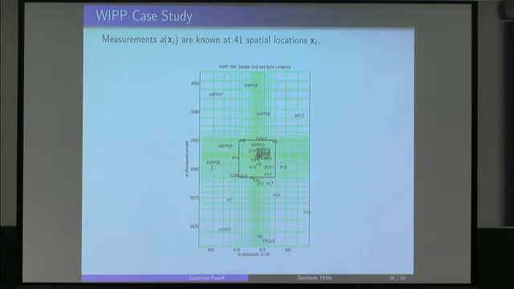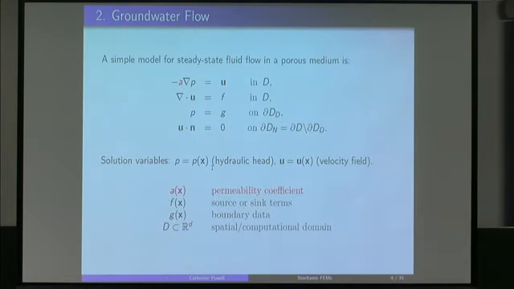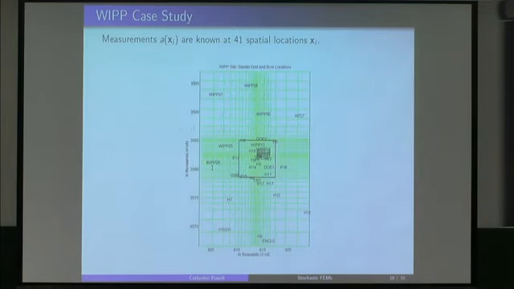So we want to essentially model fluid flow through a particular layer of rock in this region. All we have to start from is our assumption that we can model this with these equations. And second, that we only have access to these 41 measurements of what the permeability coefficients are, and that's an input that's needed for our model. That's something that we need in our finite element code. But we don't have it everywhere.